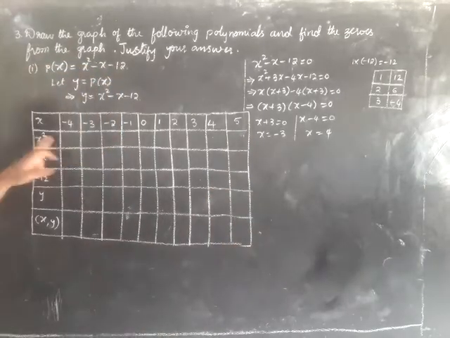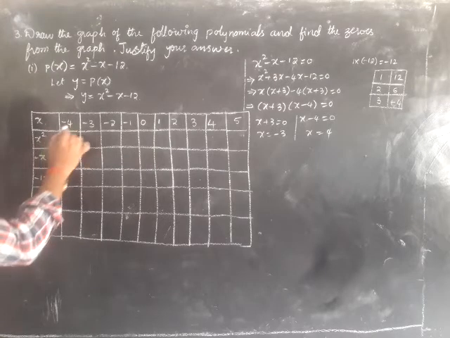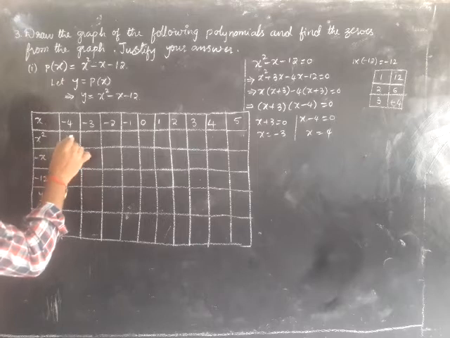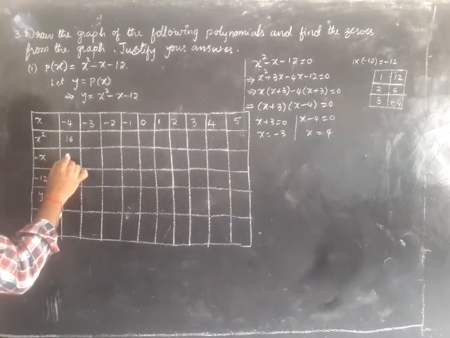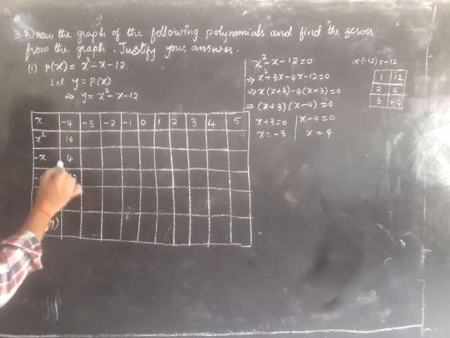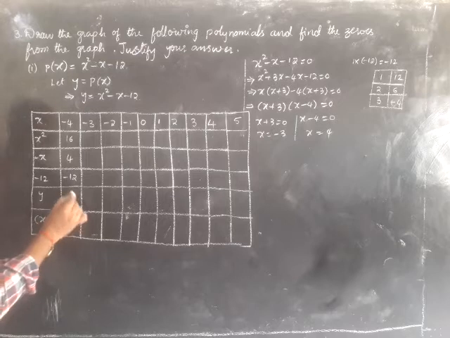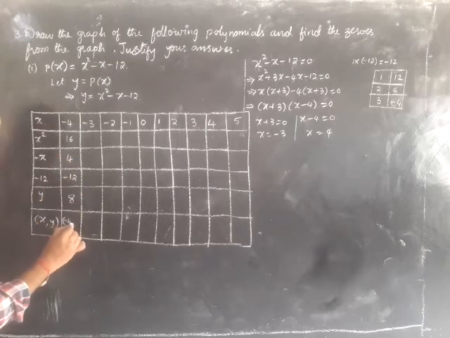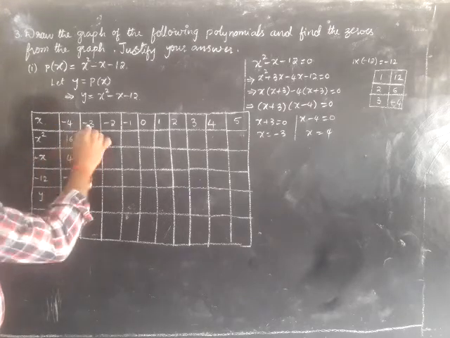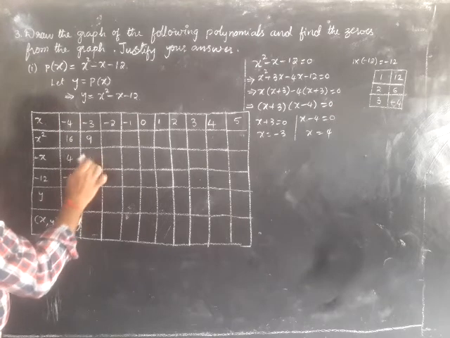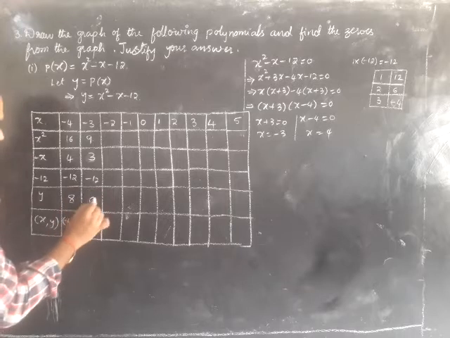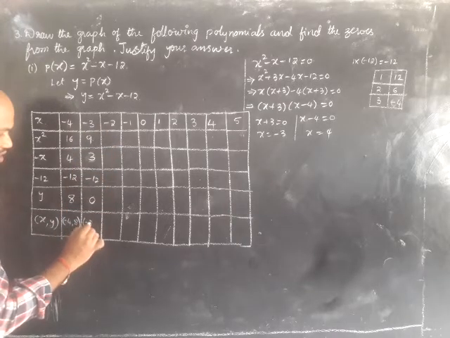You know the squares now. For all these we have to do the squares. Minus 4, x square, x is minus 4 now. Minus 4 square becomes how much? 16. Minus into minus is plus, so plus 4. Minus 12 as it is. 16 plus 4 is 20, 20 minus 12 is 8. The point is minus 4 comma 8. Now minus 3 square is 9. Minus into minus is plus, so we get plus 3 here. Minus 12. 9 plus 3 is 12, 12 minus 12 is 0. The point is minus 3 comma 0.